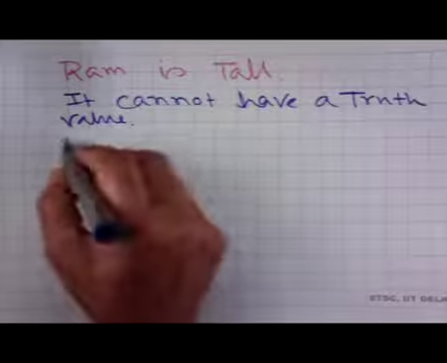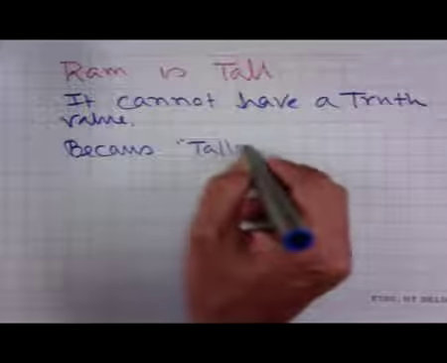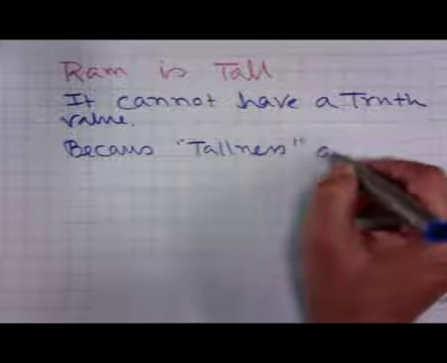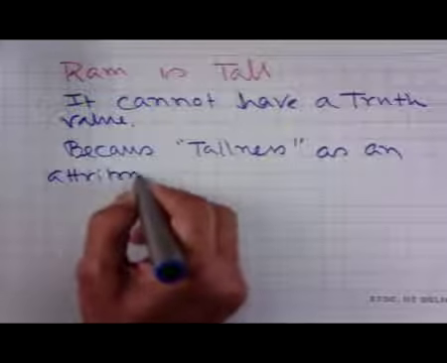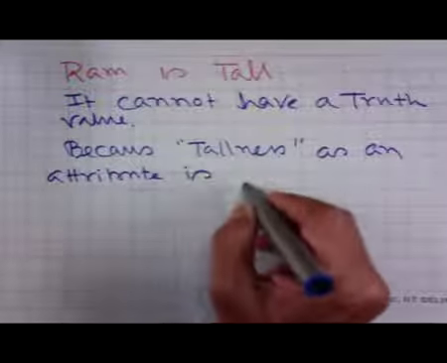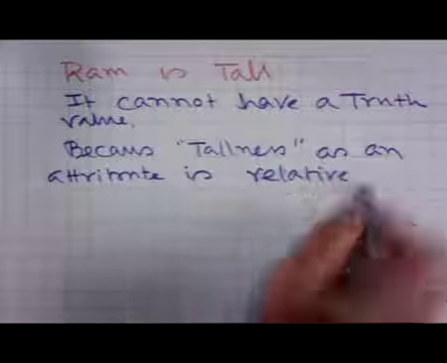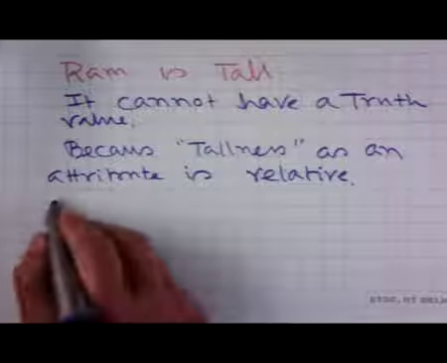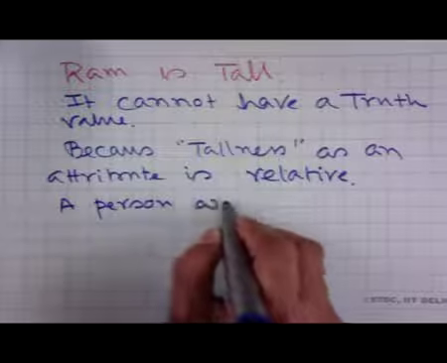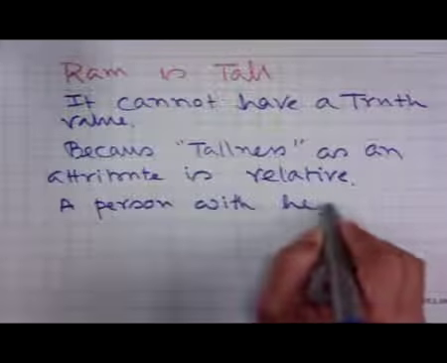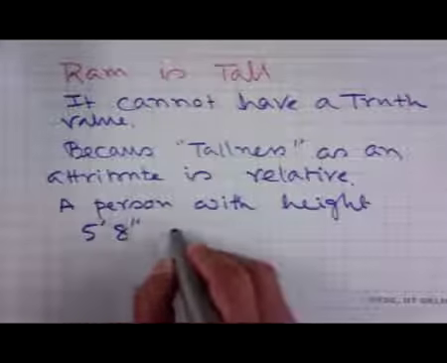Because tallness as an attribute is relative. A person with height 5 feet 8 inches is tall